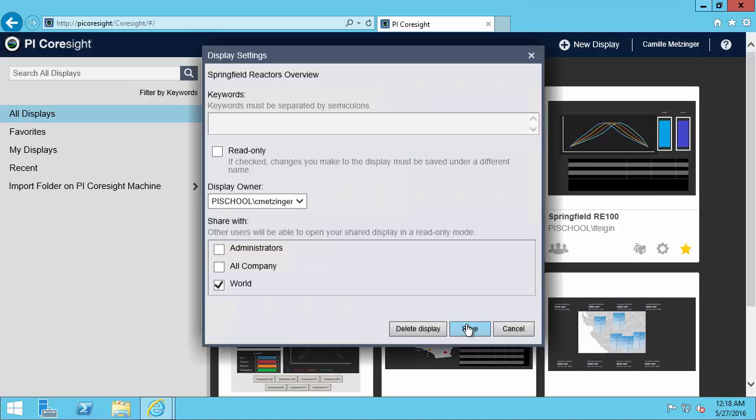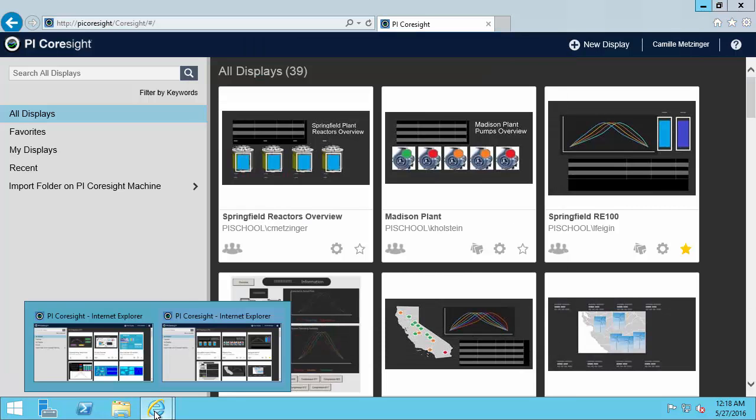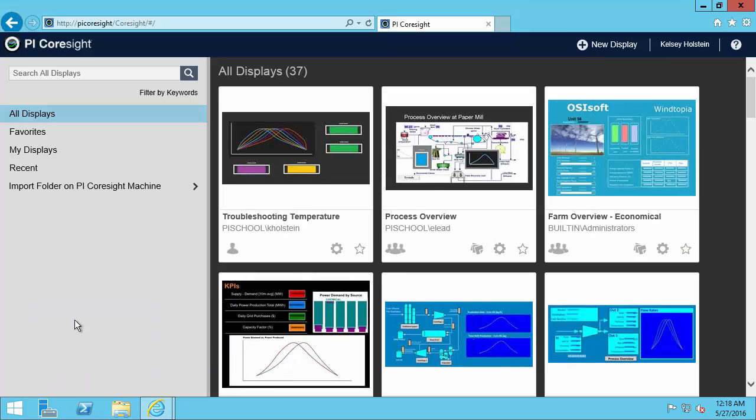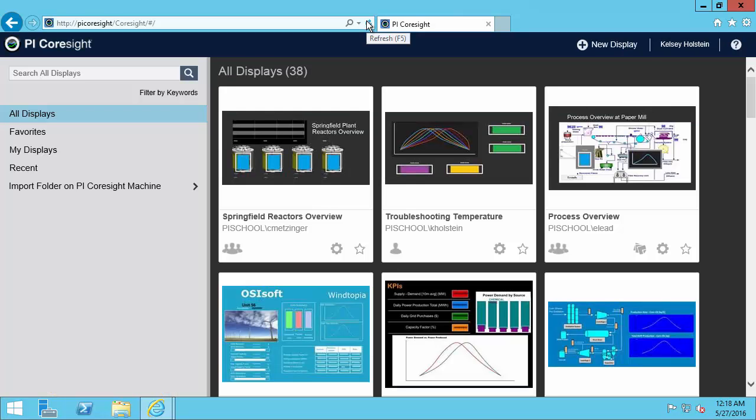So I'll go ahead and hit Save and switch back over to Kelsey. So again, Kelsey, and let's refresh and see if she can see that display now. Okay, yep, it's showing up here, the Springfield Reactors Overview. Now that I've made the display public, Kelsey can see it. Now if she selects the display,